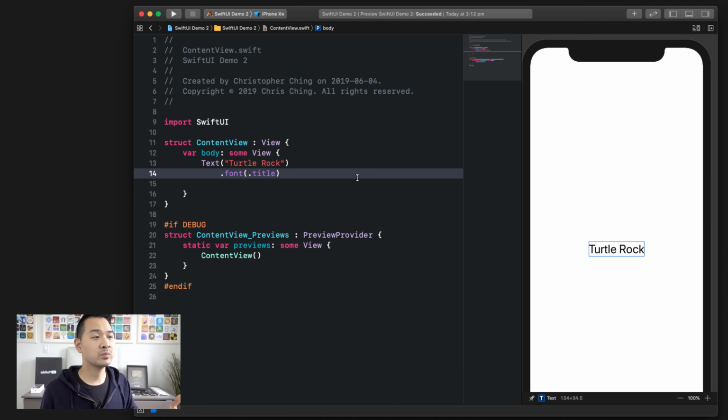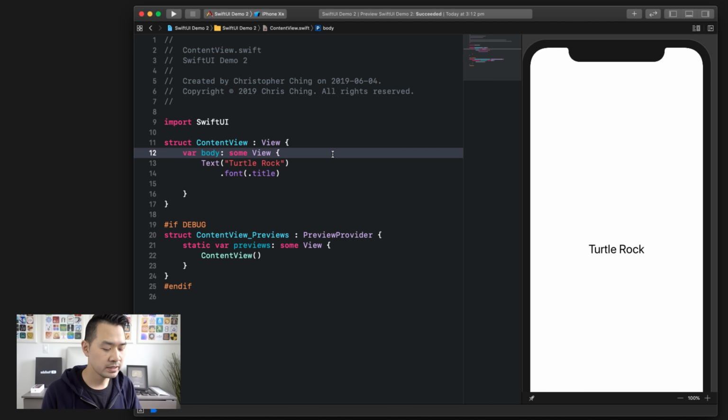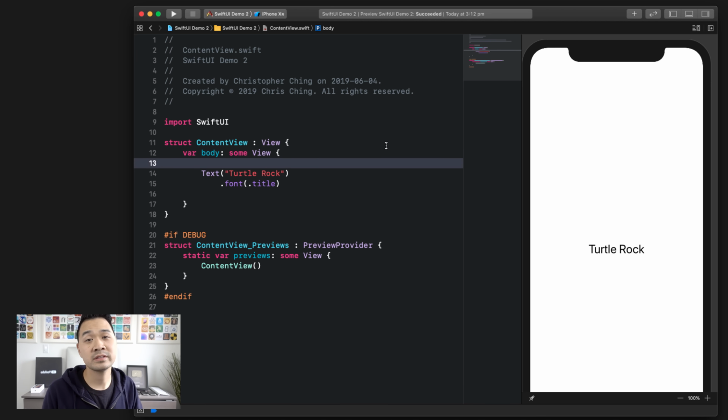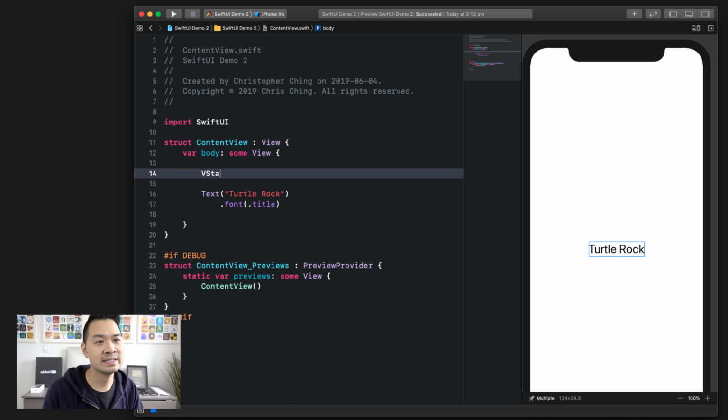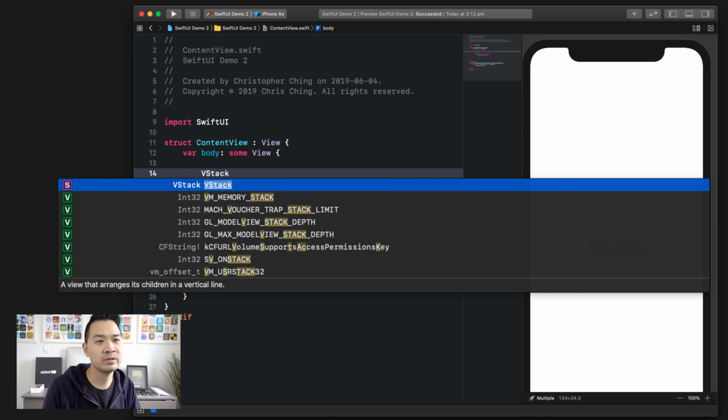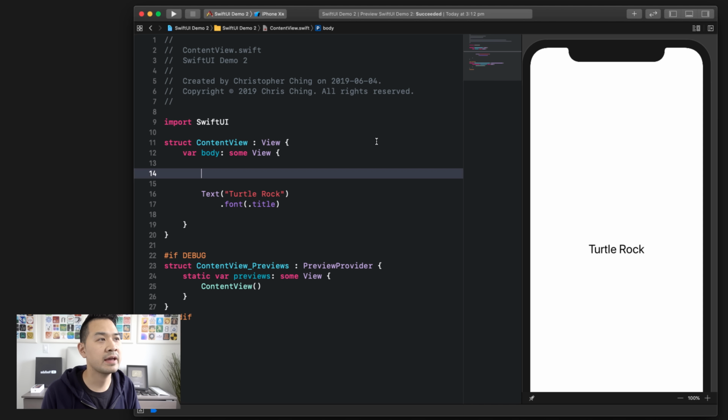Now I want to add a couple more text views under Turtle Rock. The way to do this is using an element called the vertical stack. If you've worked with UIKit before, this is called the stack view, with the alignment vertical. Here in SwiftUI, they call it a VStack. And there's a couple of ways that you can declare this. You can just type the code, or you can, now this is kind of cool,